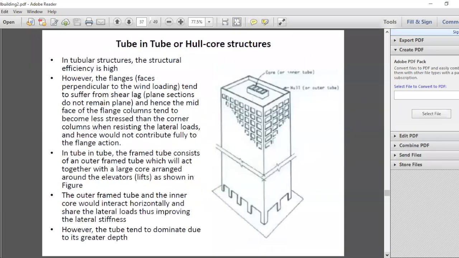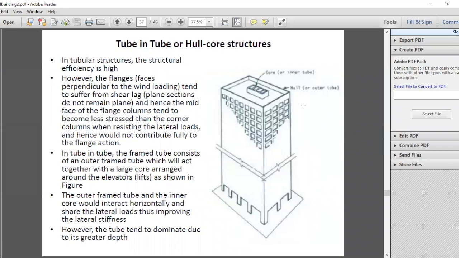Right. Then you move on to the next type. This is a variation of the tubular structure. This is all tube in tube or hull core structure. So you have the outer tube and inner also you will have a core. Because of this shear lag effect, this side becomes less effective, but because we have a core, the effectiveness can be improved. So this type of structures are a little more efficient than